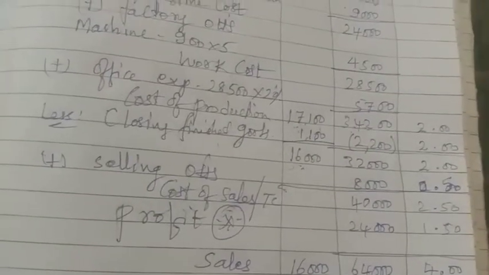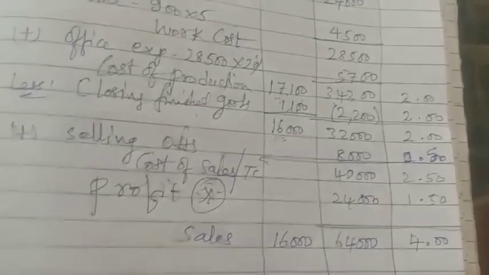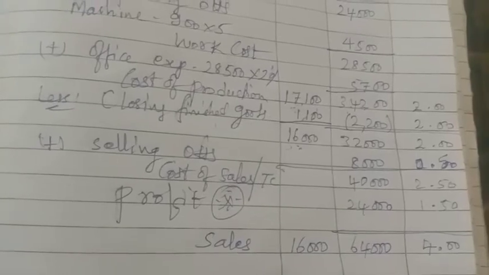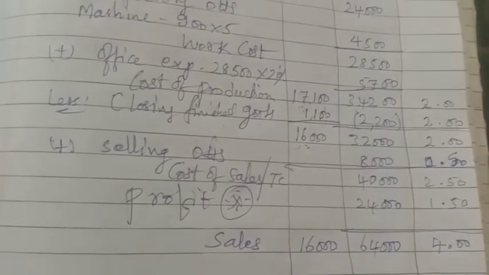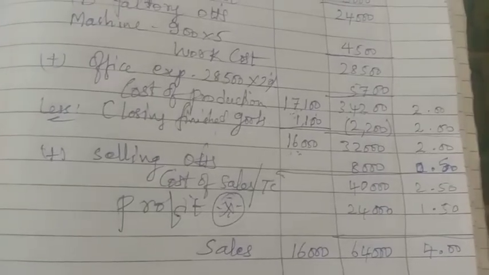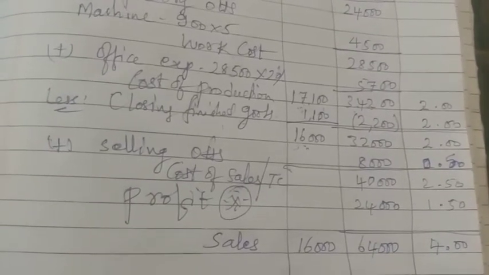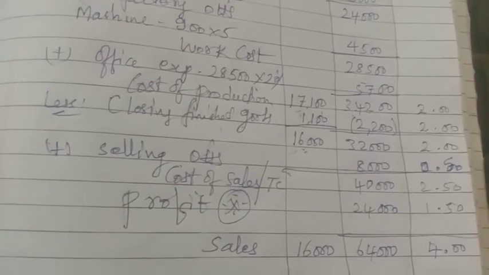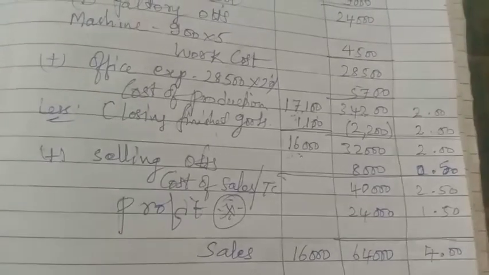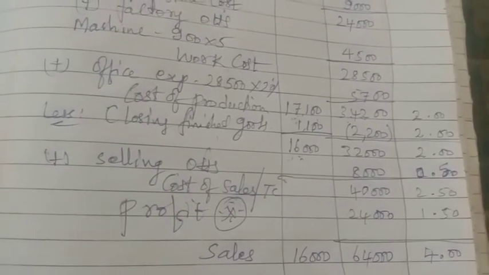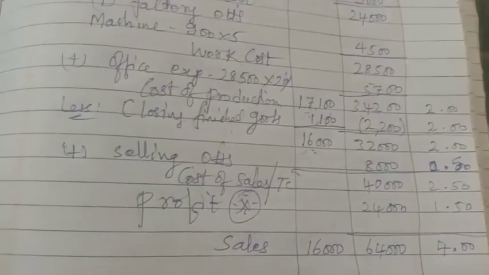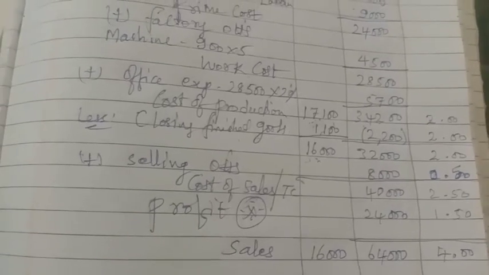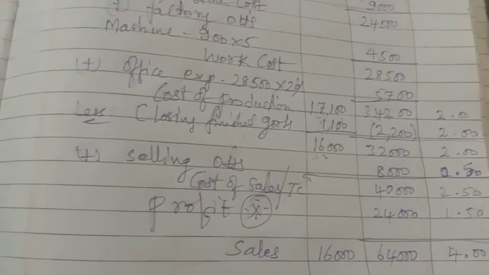Total cost is given, profit information not given, but sales information is given. That is 16,000 units sold at a rate of 4 rupees. It is given in the question. So 16 into 4, you will get 64,000 as a total sales value. So sales minus total cost gives the profit: 64,000 minus 40,000, you will get 24,000 as the profit. Okay, so if the adjustment is given, units produced and units sold, the difference should be taken as unsold, that is closing finished goods. Thank you.